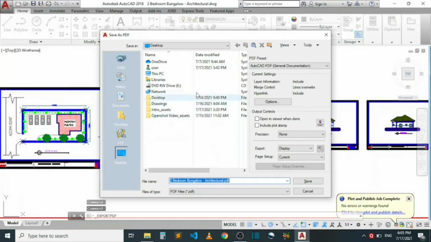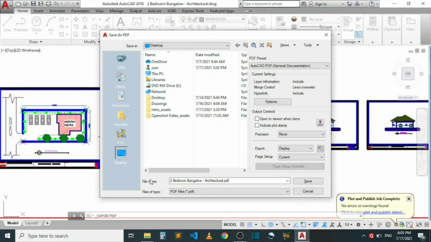Now this dialog box will appear asking me to choose where I want to save. I'll choose a directory for where I want to save the PDF file. You can see that my desktop is selected here, so I'll leave it at the desktop. If I want to save in a different location, you can choose it over here. So I'm going to leave it at desktop. I'll click on desktop.